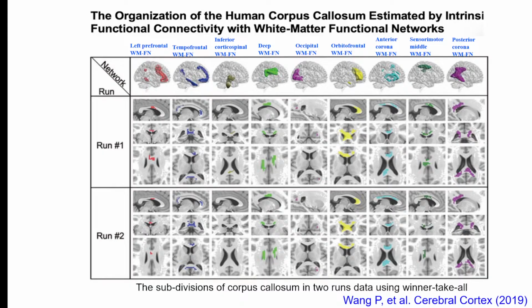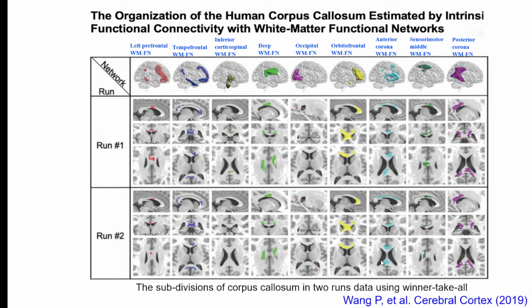Because we were using Human Connectome data, they have another scan, right? They actually have 4 resting state scans, but we used another resting state scan which was collected on a separate day and then reanalyzed the data in an identical fashion. And what we found was that during the second run, this region correlated with this. So the spatial overlap was good, right? I would say very good, like yellow, green, purple. They match quite well, right?